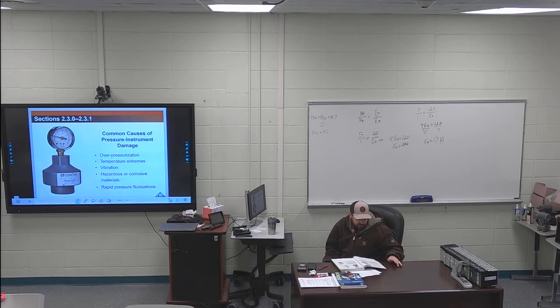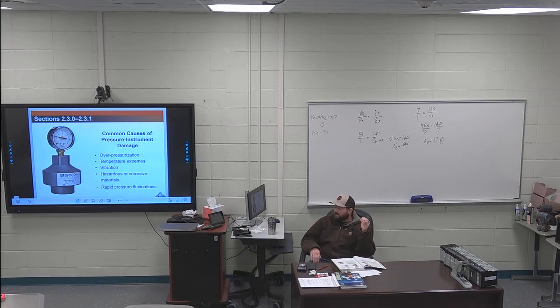Protection of pressure gauges. 231, third paragraph, first sentence is highlighted. Pressure gauge isolators, figure 21 or what's on the board, are used to separate standard pressure gauges from hazardous or corrosive process fluids. So we have that metal C-shaped device on the inside of this gauge, right? If I wanted to measure pressure in acid lines, would I want to put hydrochloric acid up in that metal C-shaped Bourdon tube? No. So they have separators here, so the pressure of that, say it was acid, is coming in the bottom, and then there's